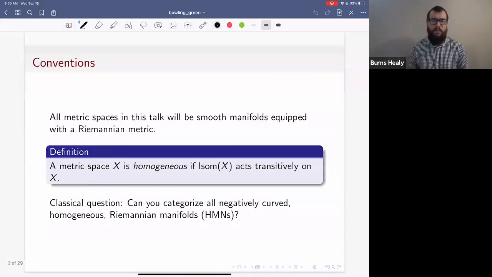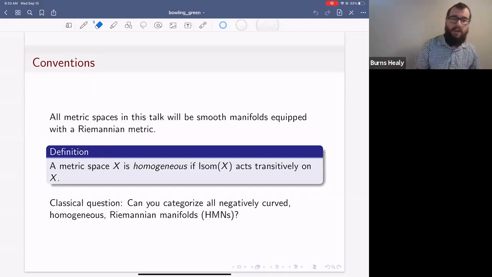Okay. So maybe this counts as a disclaimer. Anytime I talk about a metric space in this talk, a metric space will always be some smooth manifold equipped with a Riemannian metric. So I don't want to be thinking about manifolds with non-Riemannian metrics. I don't want to be thinking about discrete spaces, anything like that. I'm only talking about smooth manifolds equipped with the Riemannian metric. So if I'm talking about a metric space and I don't say Riemannian metric, go ahead and fill that in